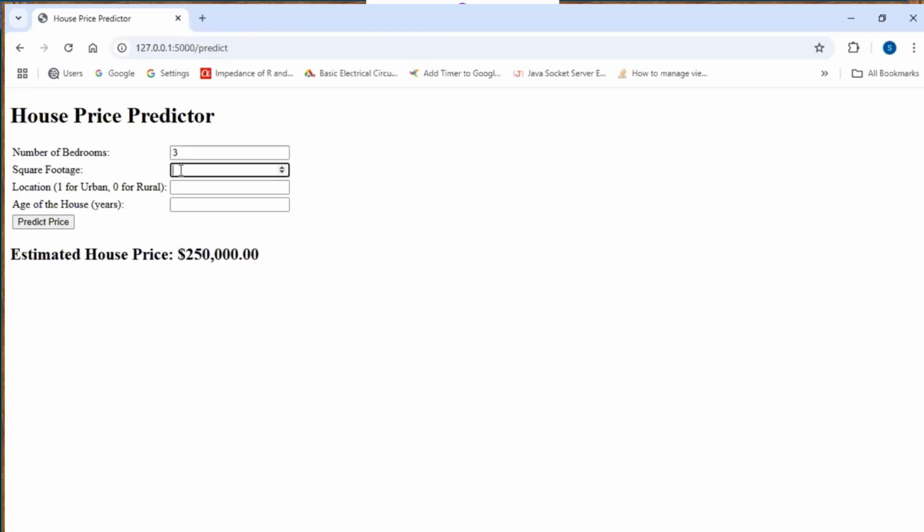Now let's try for some other values as well. It's working.